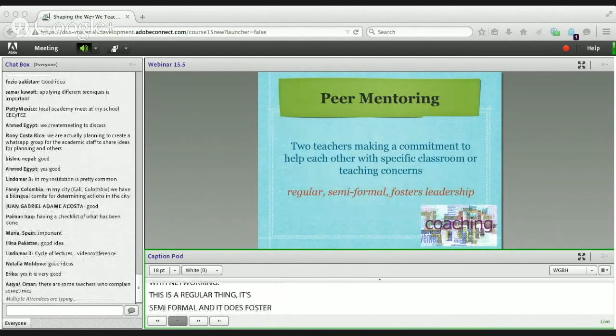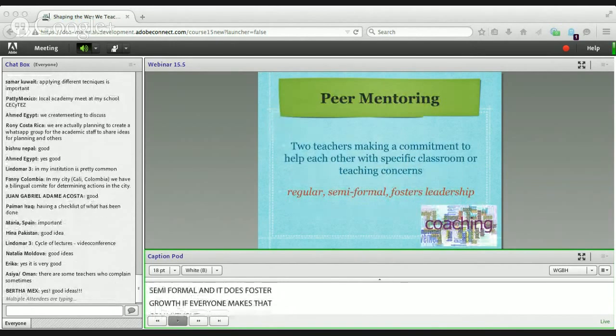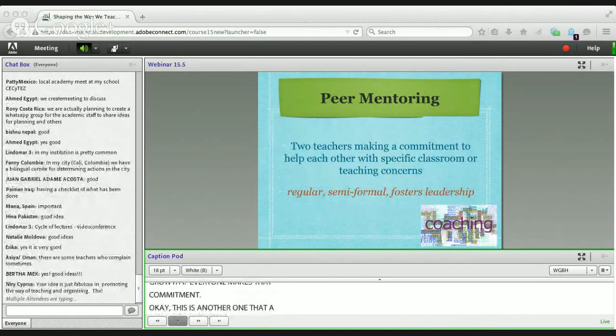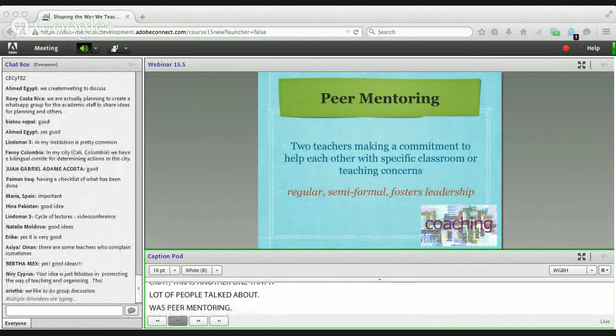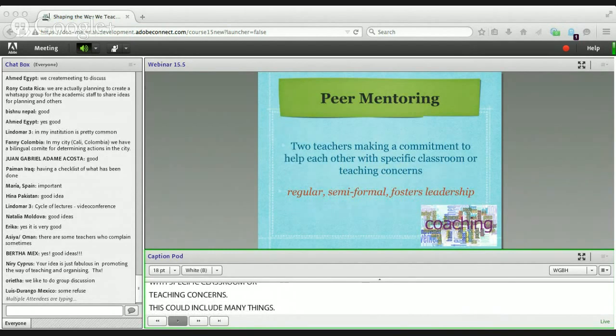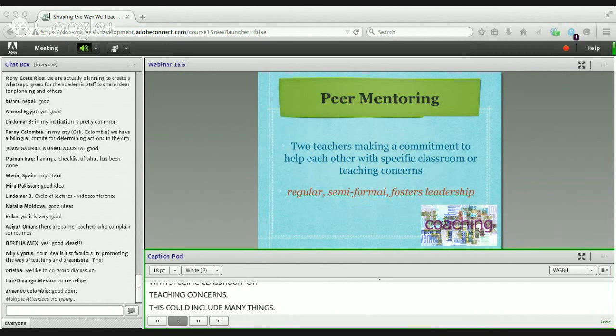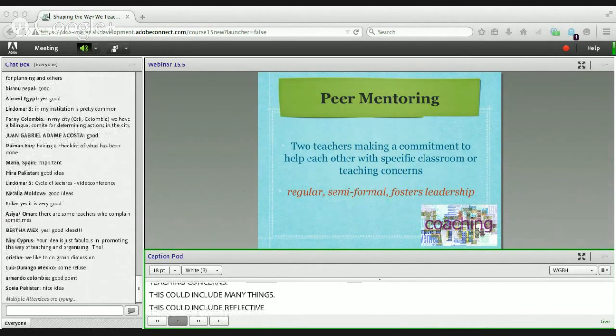Okay, this is another one that a lot of people talked about, was peer mentoring. This is when two teachers make a commitment to help each other with specific classroom or teaching concerns. This could include many things. This could, again, include reflective journaling. It could include discussing different topics. It could include observation. So this is one that we think about a lot, but we don't necessarily seek out,